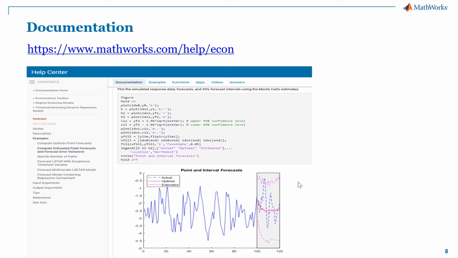But if you'd like to see how to do that and learn a little bit more about these models, I encourage you to look at our documentation where there are lots of great examples showing how each of these different parameter options works. Lots of examples that take you through different scenarios to achieve different outcomes with your models, etc. Take a look at our documentation and you can learn a lot more about these threshold switching models.